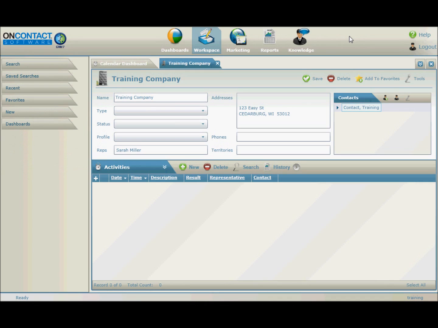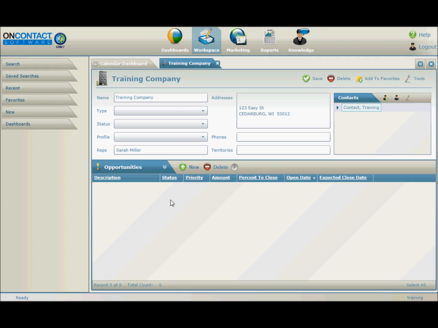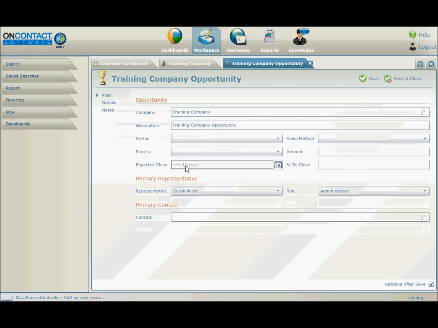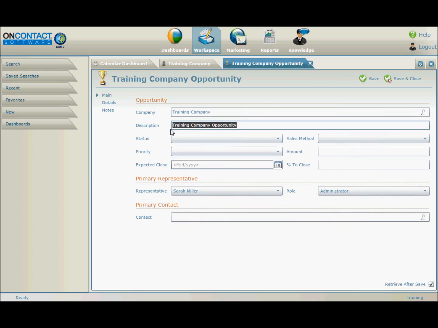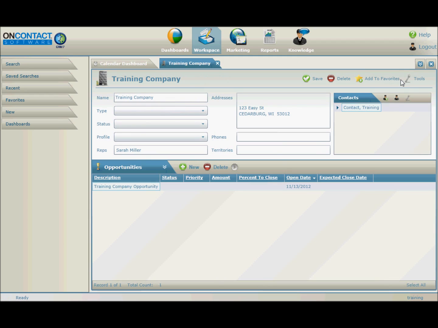Opportunities and incidents are also best added from either the company or contact main page. To add an opportunity on either page, hover your mouse pointer over the tab control and then click the Opportunities tab. Click the New button on that tab to open a new opportunity page. Note how the opportunity description defaults to company name plus the word opportunity. Feel free to change that if necessary and then fill in the rest of the information for the opportunity. Click Save and Close to return to the company main page where the opportunity will then appear in the Opportunity